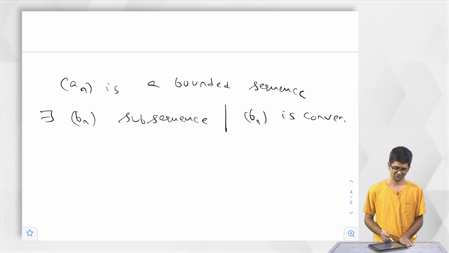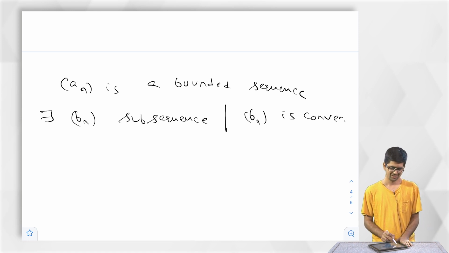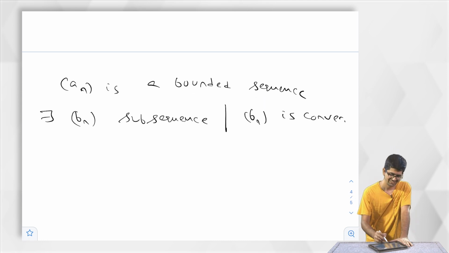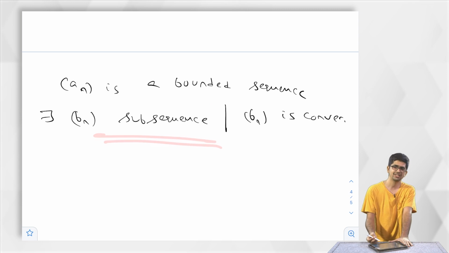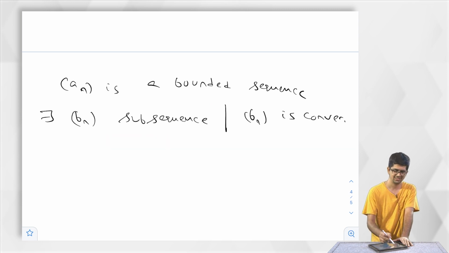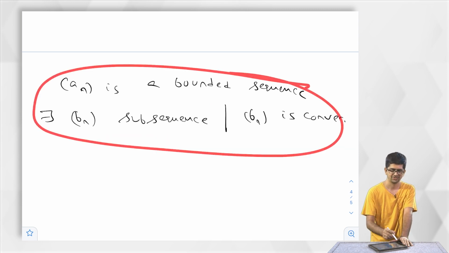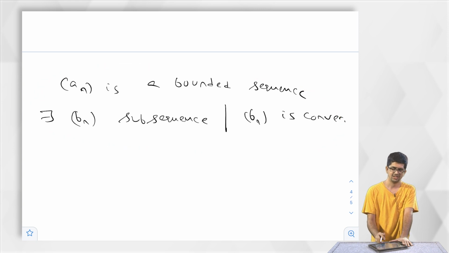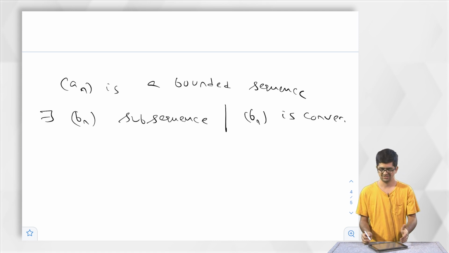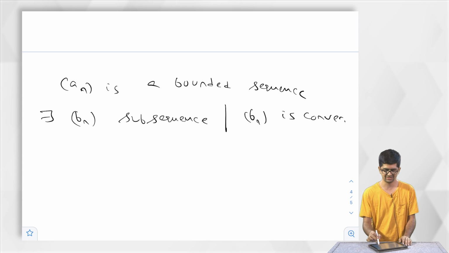Think about it. I gave one example of a bounded sequence for which there was a convergent subsequence. Now I am saying the same idea should work for any bounded sequence. I wanted to give it as an exercise, but I already gave a justification why I am guessing that this is true.